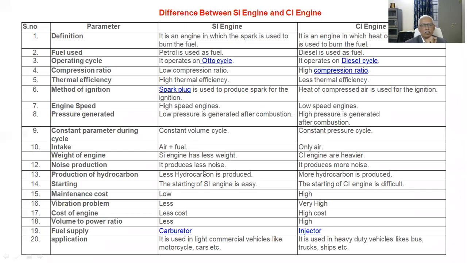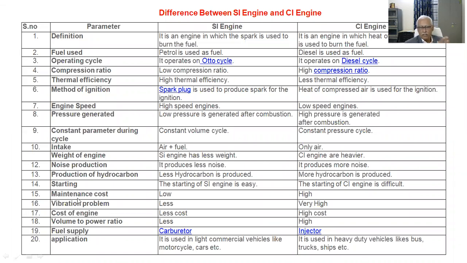Whereas in the case of the tailpipe of a petrol engine, you will not see anything; it appears very clean, and unless the fuel is adulterated you will not get any visible smoke. In a diesel engine, the exhaust pipe shows you what is coming out when the engine is operating. You can easily see the smoke coming out of that exhaust pipe, whereas in a petrol engine you will never see that unless the engine's health is bad.